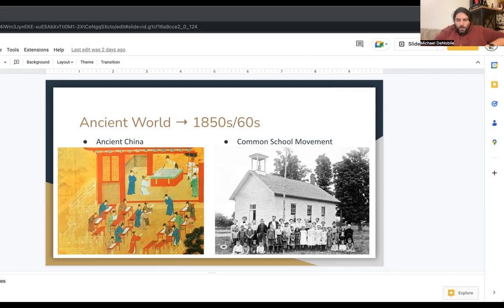And so proponents of the common school movement said, hey, what Prussia did there for their military, we're going to create our system for truth, justice, and the American way. That was the intent behind the Common School movement. What they did for monarchy in Europe, we're going to do for democracy in America. And how are we going to do this? We're going to do this through the 3 R's: reading, writing, and arithmetic.